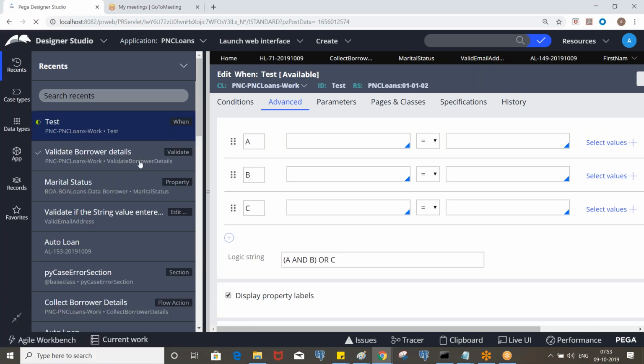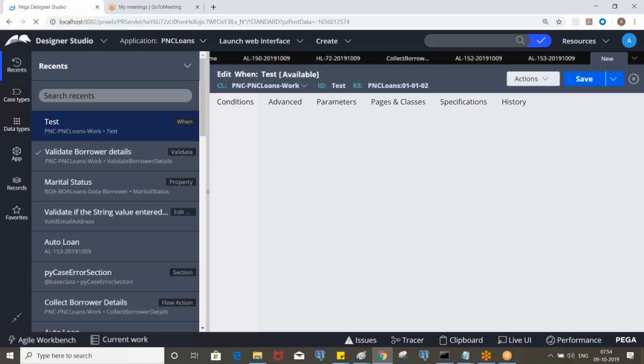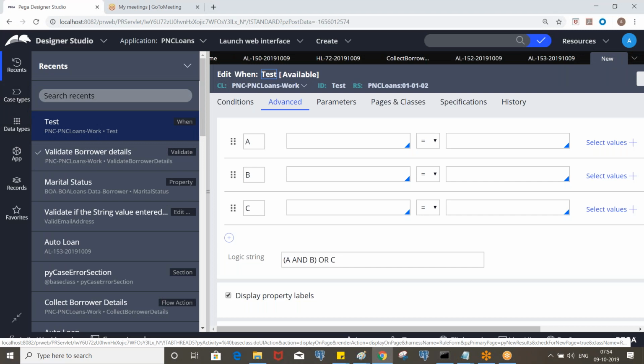Okay, so if length is not equal to 6, you can display a message. That means if you enter the length as 4 digit or 7 digit, it will display the message. Okay, but it will be a server side, not a client side validation. So you enter the zip code and when you click on submit, it will be fine.